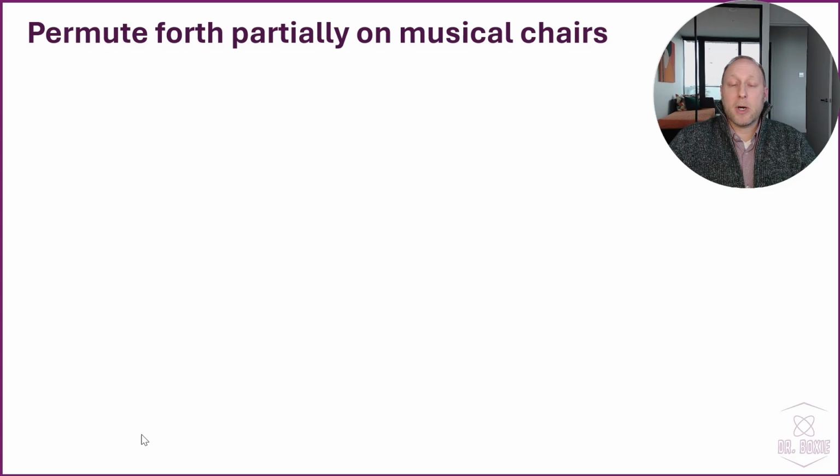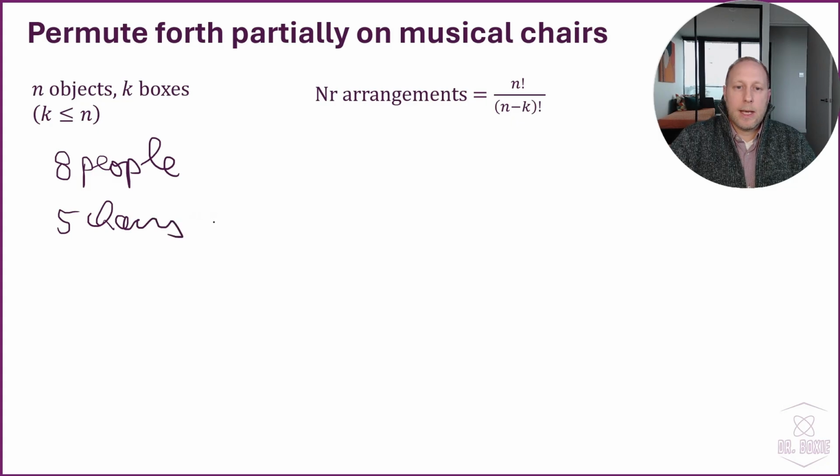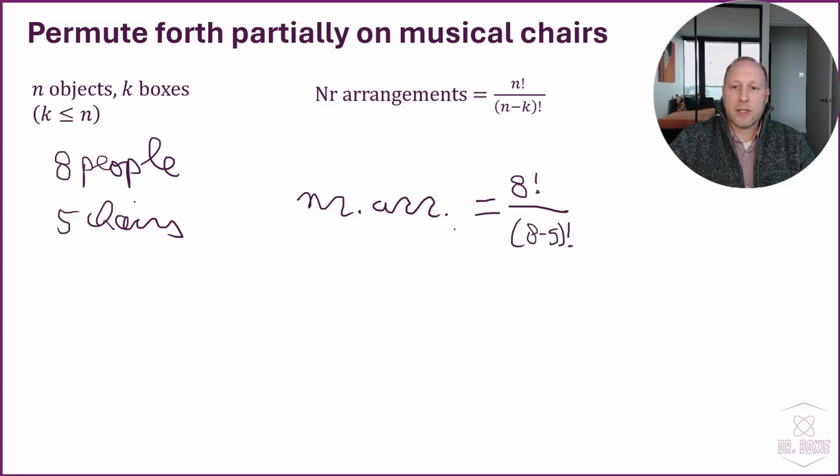As an example of this partial permutation, I want to look at the example of the musical chairs I described on the previous slide. So the number of arrangements is n factorial over (n minus k) factorial. And if, let's say, we play musical chairs with 8 people, so you have 8 persons, but only 5 chairs. How many seating arrangements are there? Well, according to the expression we just found, it would be 8 factorial divided by (8 minus 5) factorial, which